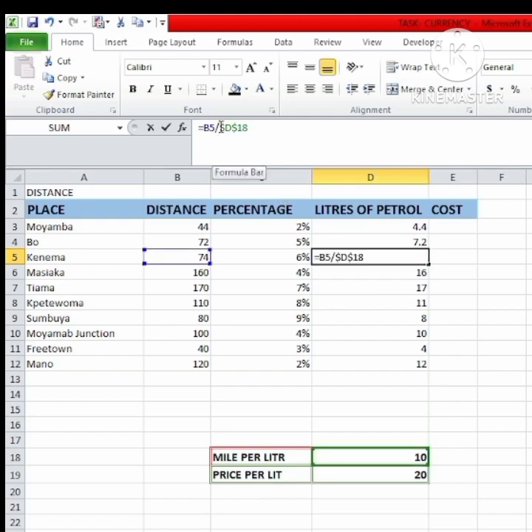So when you put a dollar sign in our cell, that means you have made that cell an absolute cell reference. It is constant. But if the dollar sign is not in the cell that you have selected, then it's a relative cell reference. And by default, with a relative cell reference, when you are copying a formula down, Excel moves one step. So you have to make the cell constant so Excel cannot move to another step for you. Now let's